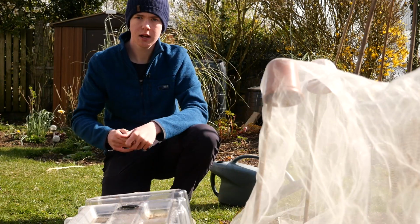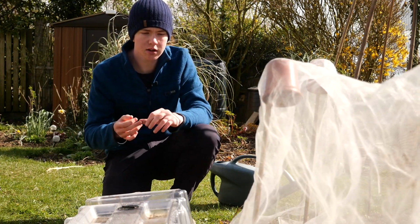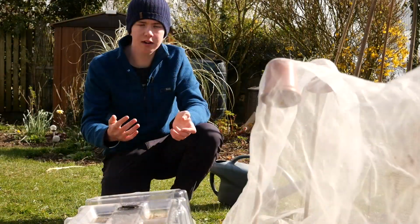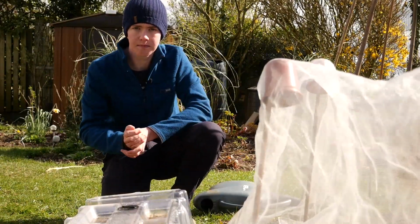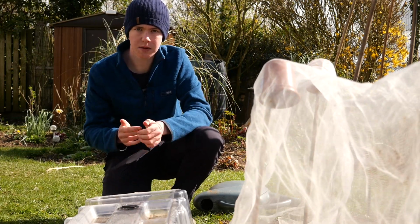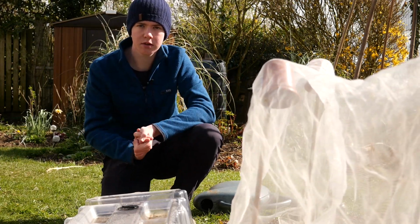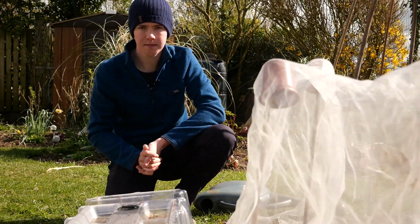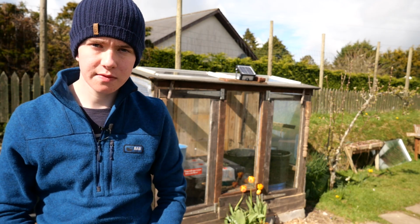So for example, over in the other part of my garden, I've actually got my garlic, I've got a bit of a dome of Enviromesh over it, and they're growing better than the ones that are outside. So it really is a great product, but don't feel like you have to buy something like this, because you really don't. There's so many other options out there that you have lying around your shed or your house that you don't know about. So the next thing that you can cover your plants with is fleece,